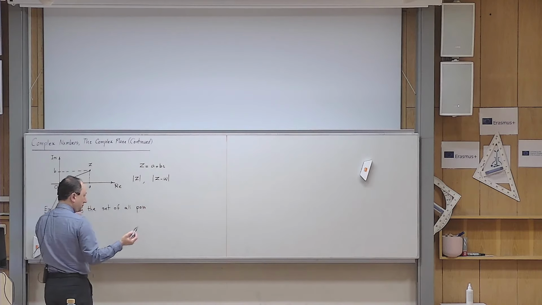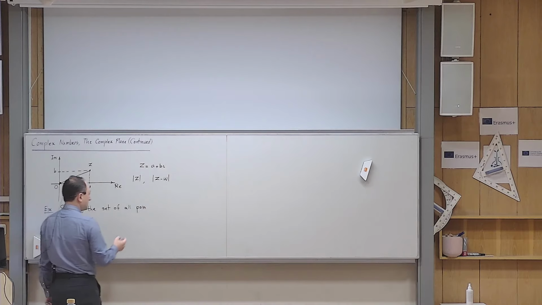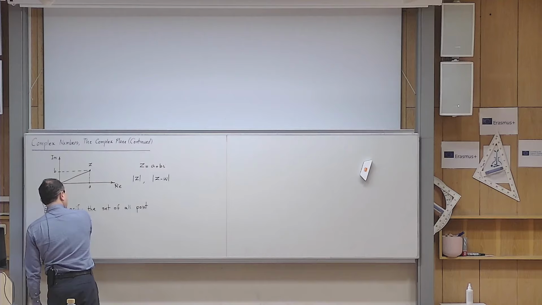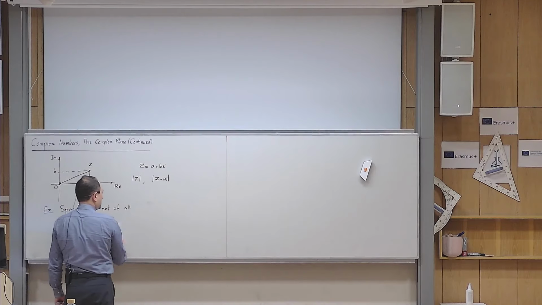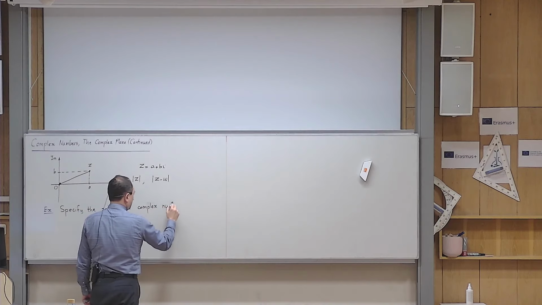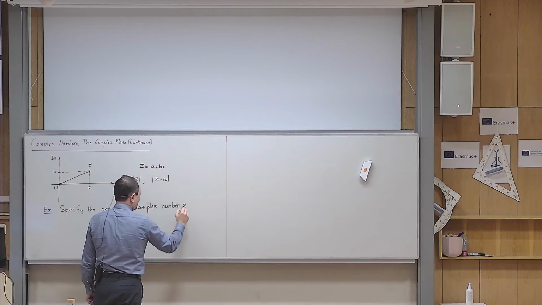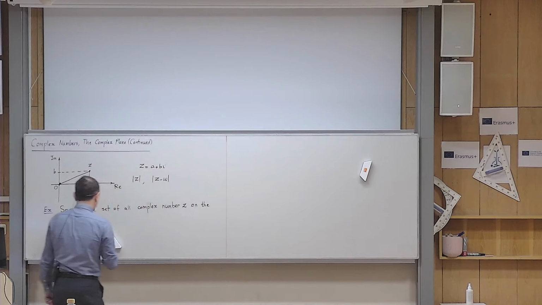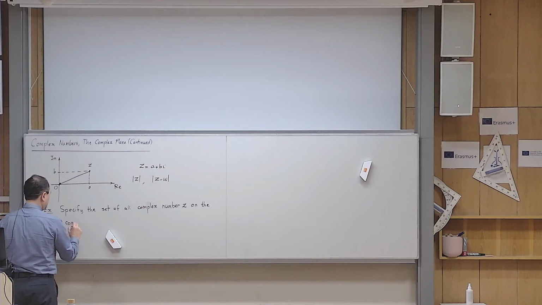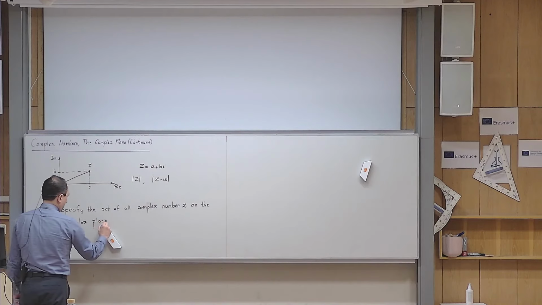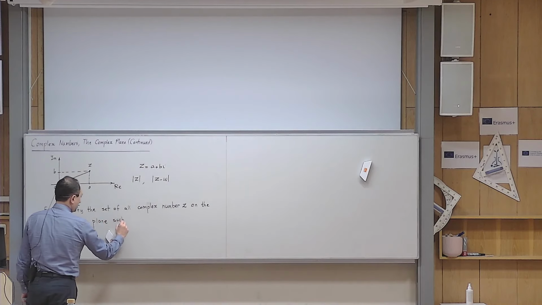Set here means collection. Specify the set of all complex numbers z on the complex plane such that